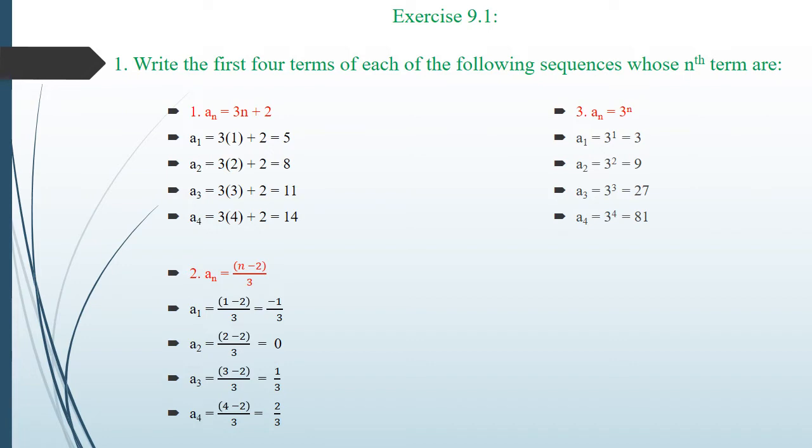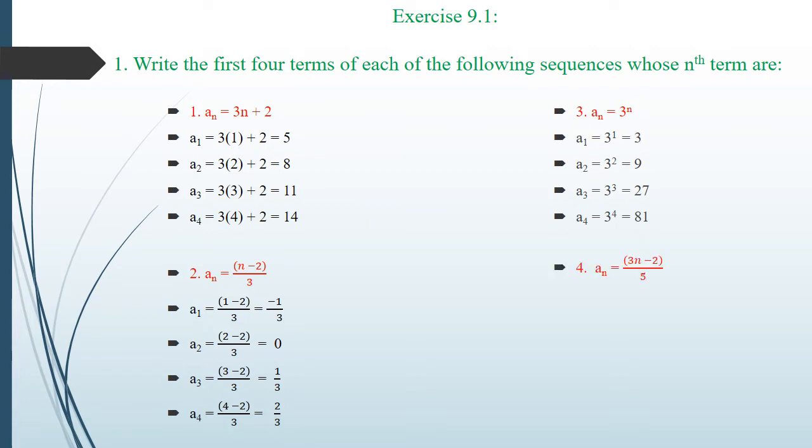Now as we already studied the basics of arithmetic progression, whenever we subtract any two consecutive numbers, the common difference should be same. Here if we do that, we are not going to get the common difference as same. Therefore this sequence is not going to form arithmetic progression, and as per it is given in the question, this is just a sequence represented by an is equal to 3 to the power n. Therefore the first four terms are a1, a2, a3, a4, that is 3, 9, 27 and 81.